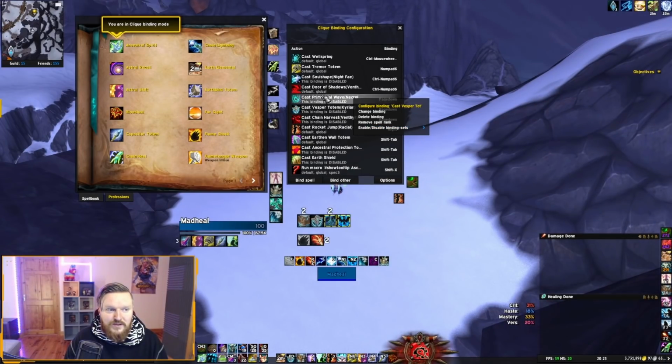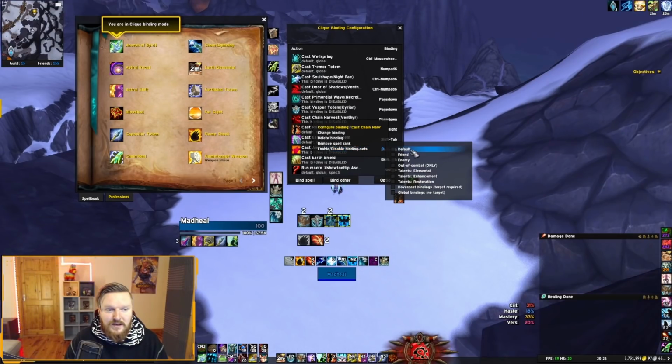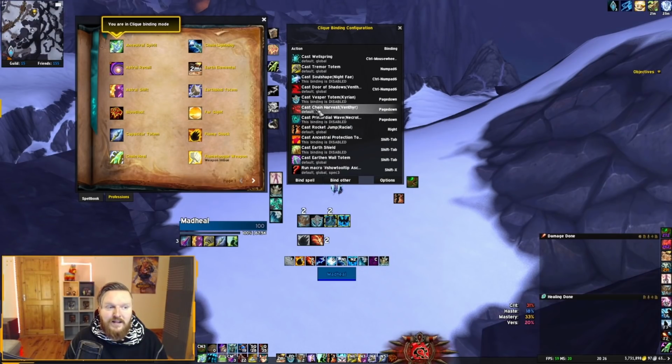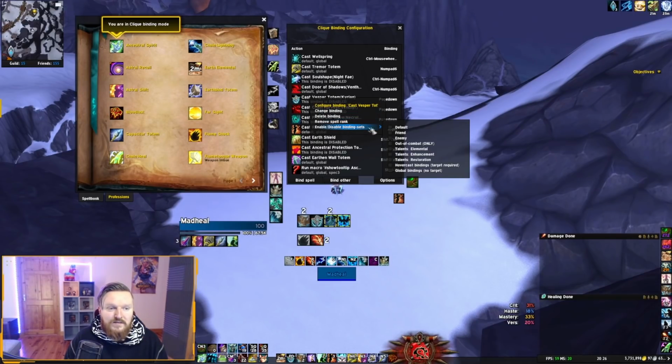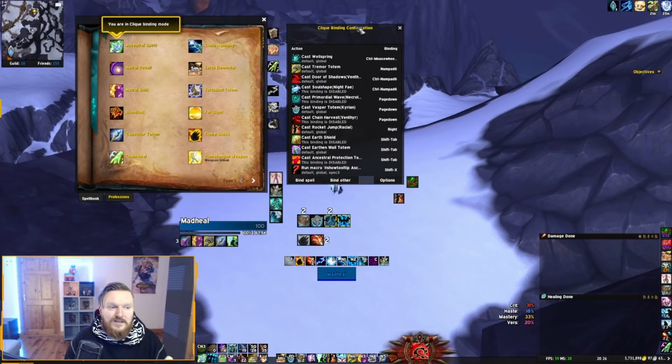I don't want this, and if I swap to Venthyr, I have my Chain Harvest and I just click default. And now I'm Venthyr. But of course, I'm not Venthyr right now, so I don't want this. There are better ways of doing this. There are add-ons that let you swap covenants, and covenant abilities are easier,